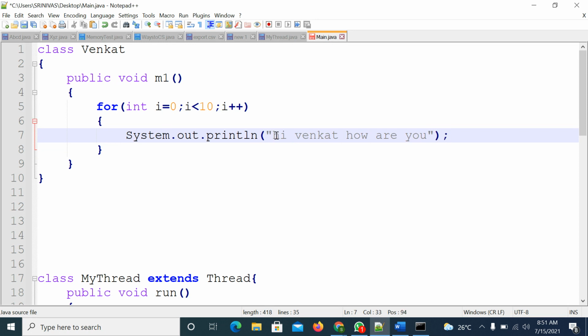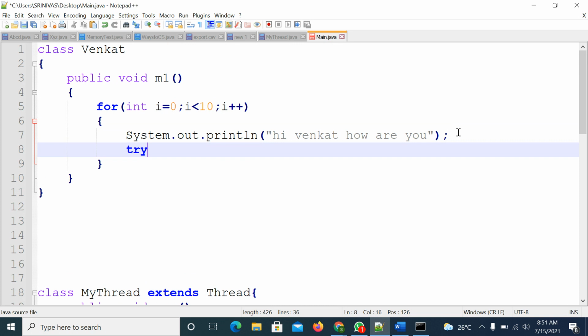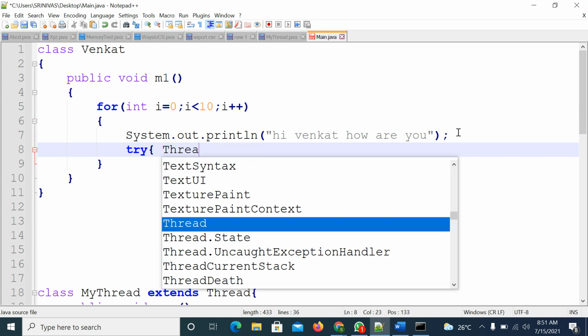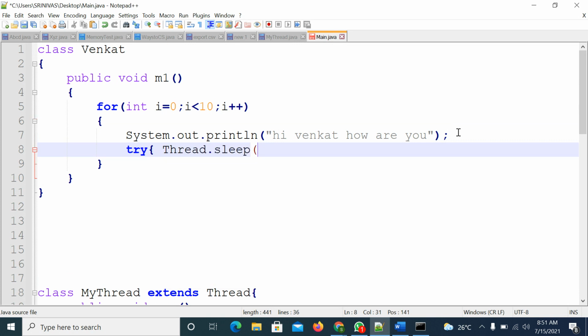I want to print this statement every 1 second, 10 times. For this I am using the Thread.sleep method. All these are up to you. If you want, you can take it, otherwise you can leave it.